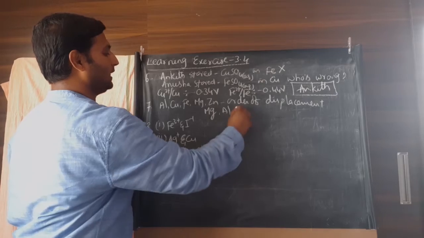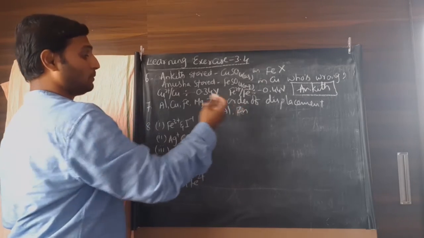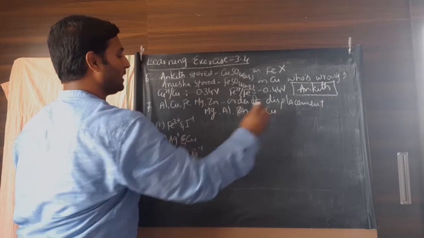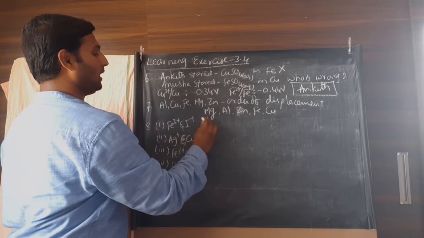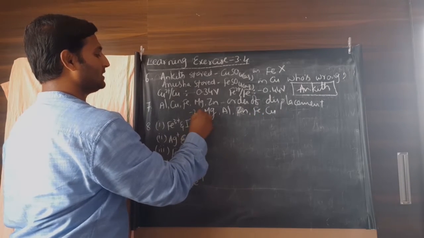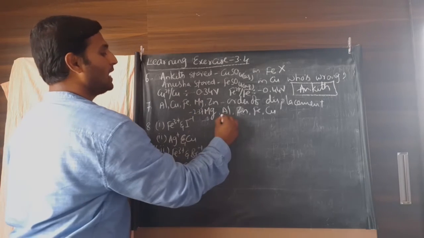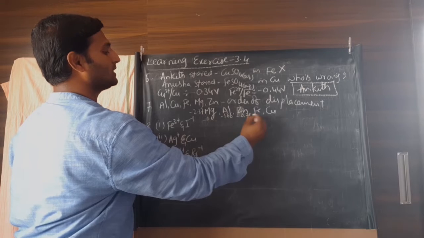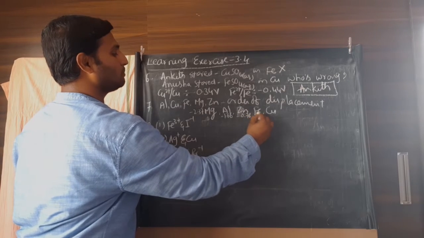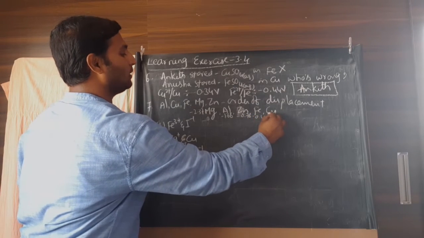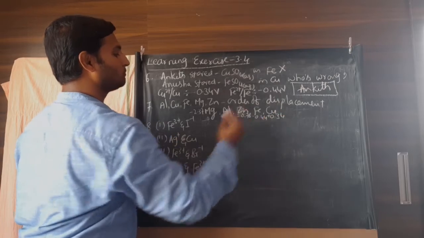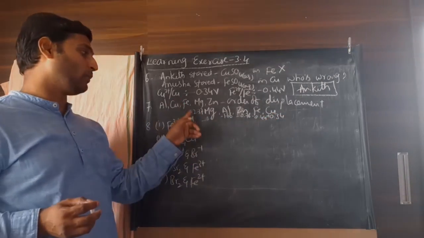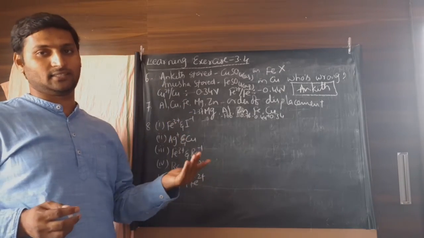It will be for zinc, because zinc is minus 0.76. Fourth one will be iron, last one will be copper. Magnesium is minus 2.37, aluminum will be minus 1.66, zinc will be minus 0.76, iron will be minus 0.44 and copper will be plus 0.34. So the one with highest potential gets displaced, the one with lowest potential displaces.